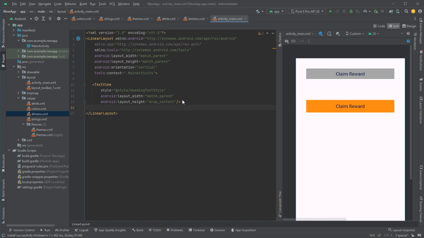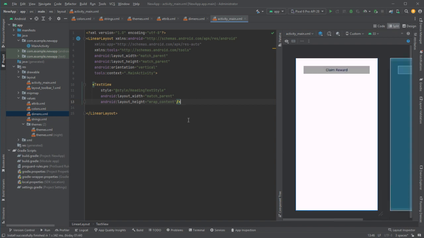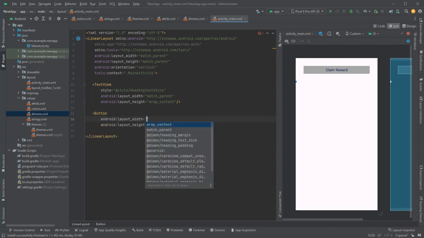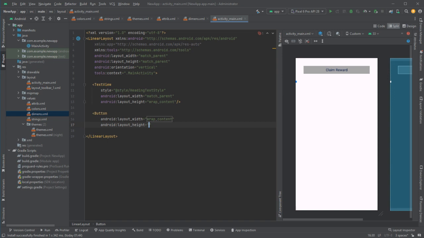Okay, so since our text view is added, now let's try to add a button. Now no matter how many buttons I want to add, they all should have same color palettes or color theming, right? So what I will do is I will create a button. Width will be wrap content, height will be wrap content. And here if I write text,